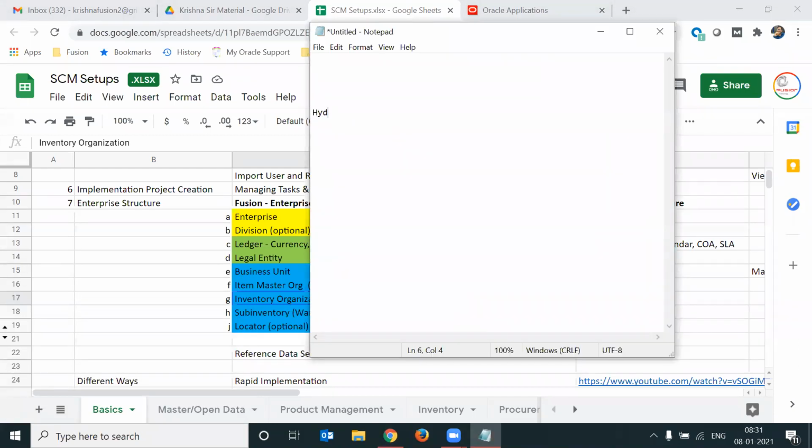I have one inventory organization in Hyderabad. That means one institute, and I have one more institute in Bangalore. I have one more institute in Chennai. That means how many inventory organizations am I having? 3 inventory organizations, nothing but 3 institutes. Okay, so both fall under south, right? Hyderabad, Bangalore fall under south. Okay, so this you can consider as an operating unit or a business unit.